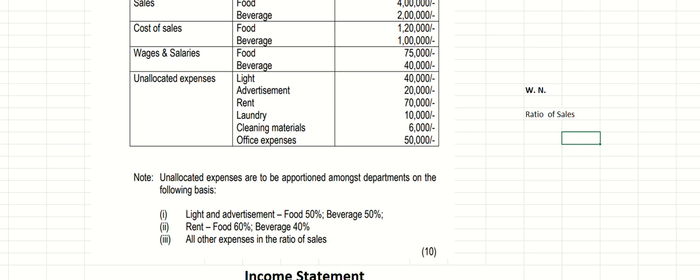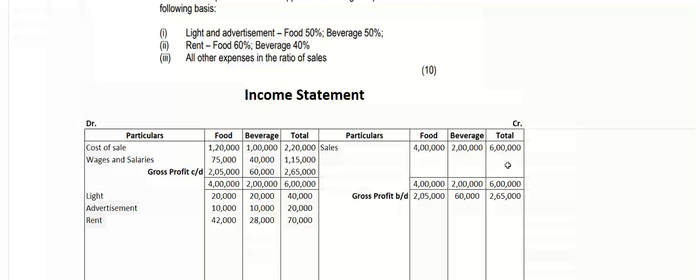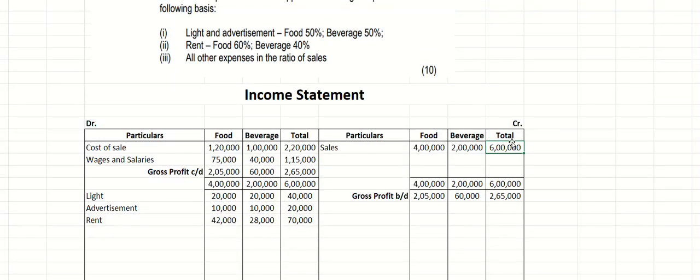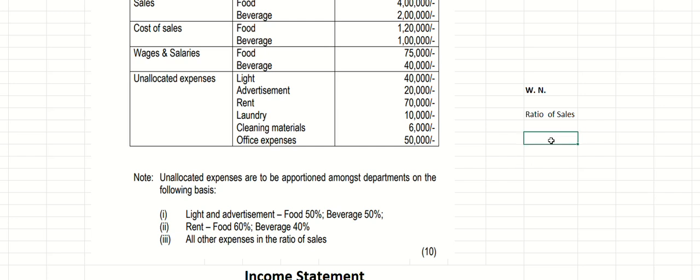How to find the ratio of sales? It's very easy. We know the sales, the total sale was rupees 6 lakh. Out of that, the foods department sale was rupees 4 lakh and the beverage department sale was rupees 2 lakh. So ratio of sale is equal to foods department sale